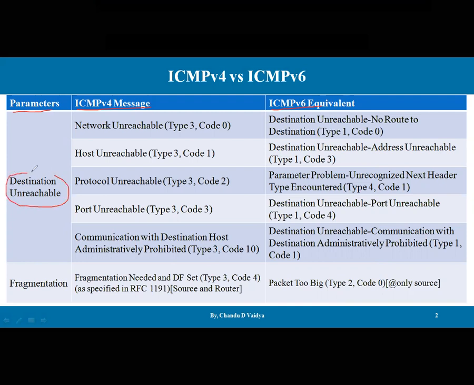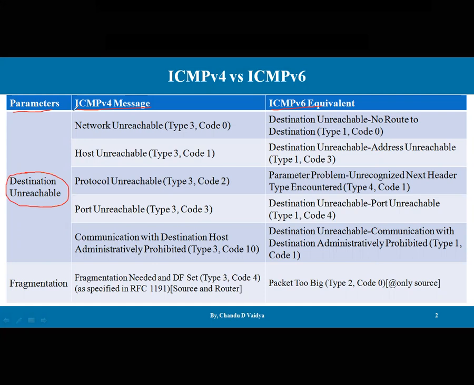So what do we mean by destination unreachable? By some means, say I'm sending a message to the receiver and the receiver is not reachable. There can be multiple reasons the receiver cannot be reached, like the cable is not connected, or the IP address is not set, etc. On the basis of that, we differentiate which type value and what type of code is available for that particular destination unreachable.